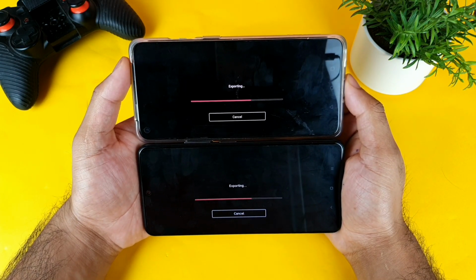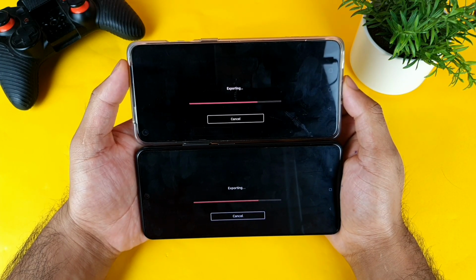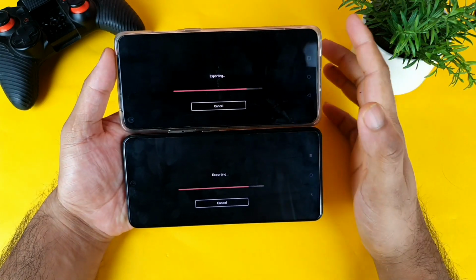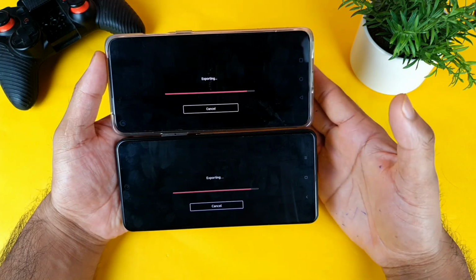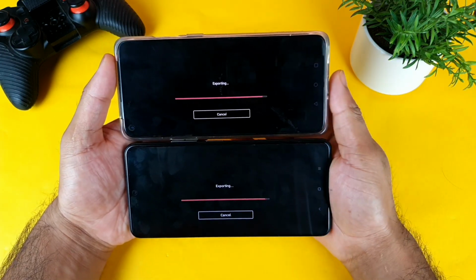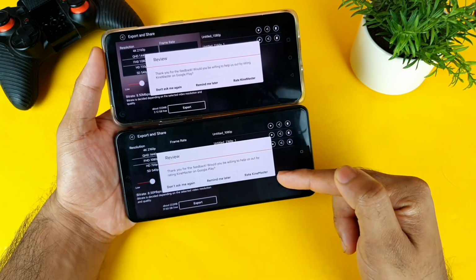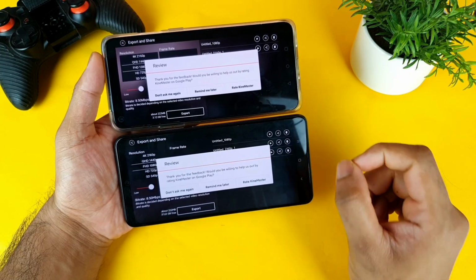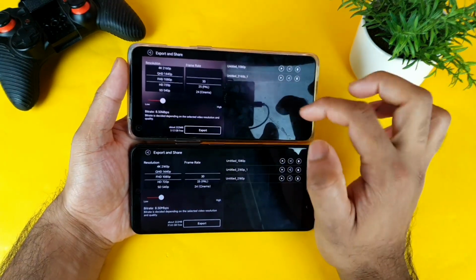But if you're exporting to 4K resolution, only then it will make a big difference in terms of the processor. Right now you can see clearly, both are running at the same speed, exactly equal. Let's see, friends, the last option. As you can see, this Mi 11X did finish the test a little bit faster, just a little bit faster than the OnePlus 8T device.